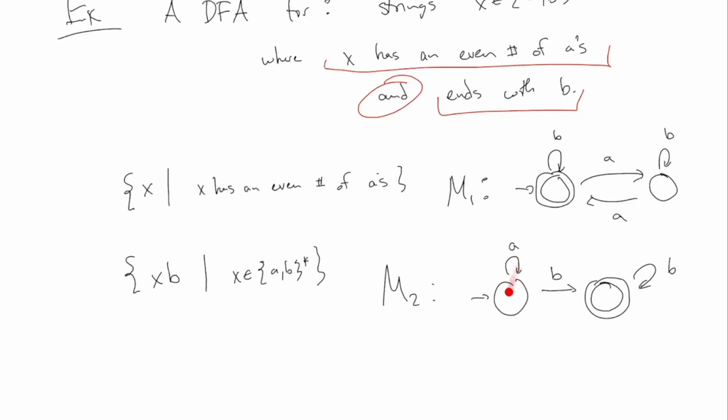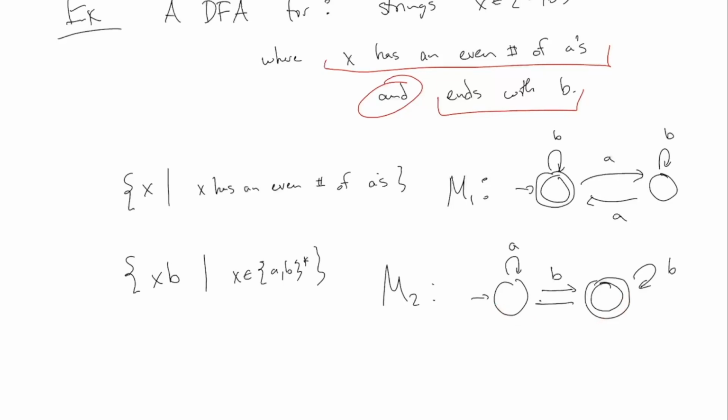Basically, when you start, you could see A's at the beginning, which don't matter. If you see a B, though, then that should be accepted. If you see a B followed by even more B's, that should still be accepted. I'm trying to talk about strings which end with a B, right? So a single B will be accepted, or a single B followed by even more B's will be accepted. But if you see a B and maybe some more B's, but then followed by A, that should be rejected